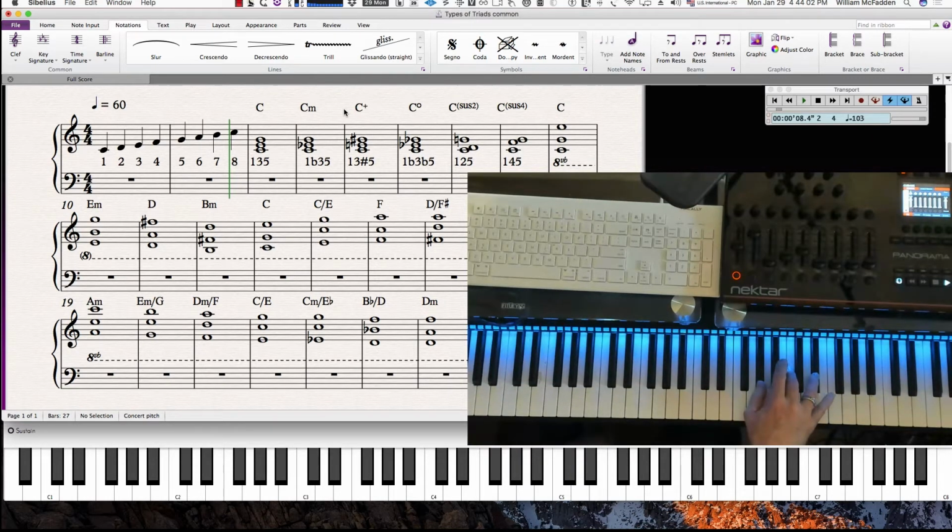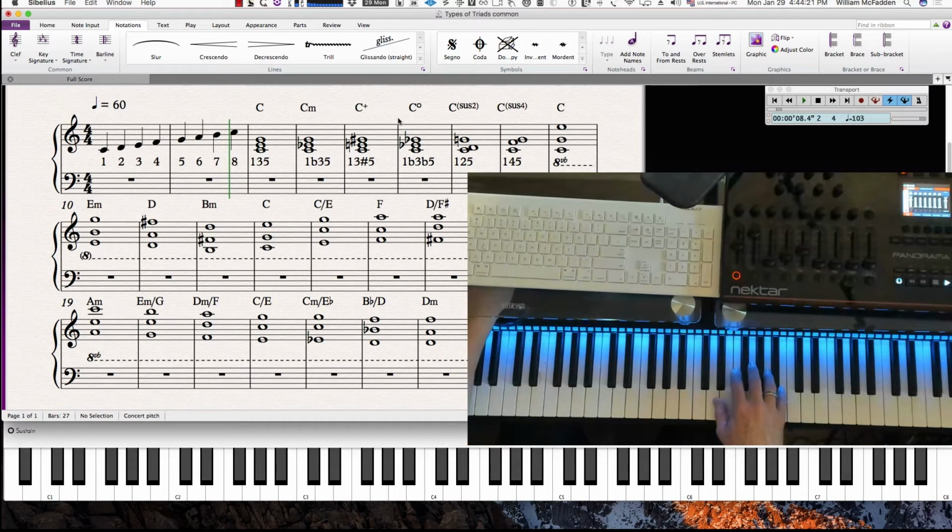Here would be your A flat major. Whoops. There's your A flat major scale. So there's the third, there's the fifth, you augment it, and there's our second inversion of the C augmented. And then the next